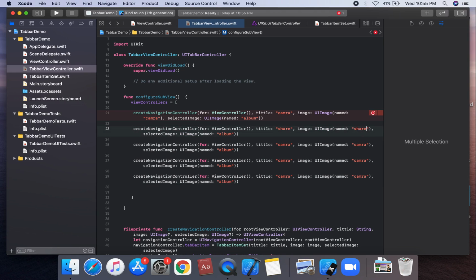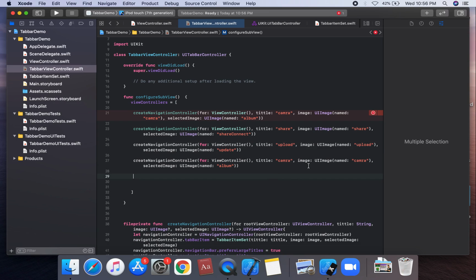We can set the image on the share and selected image is share connect, and third is upload, and upload text is upload, and this image is upload, and selected image is update, and first is camera, third is share and upload, then on this extra, and third on this video player,